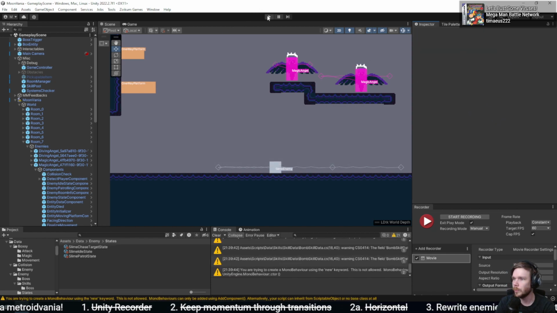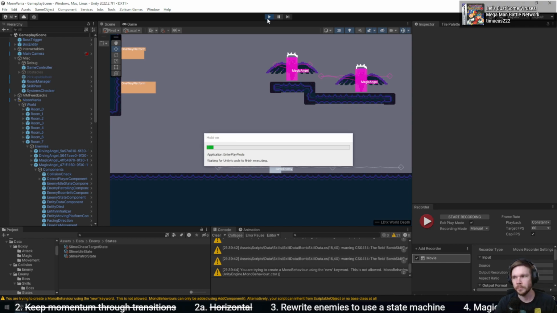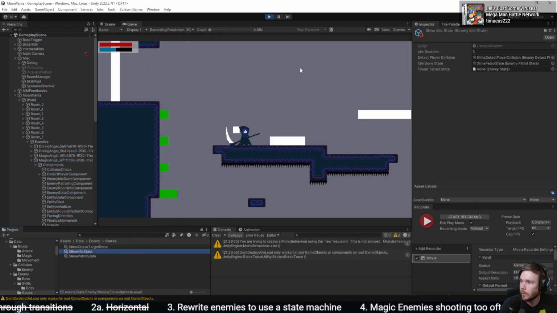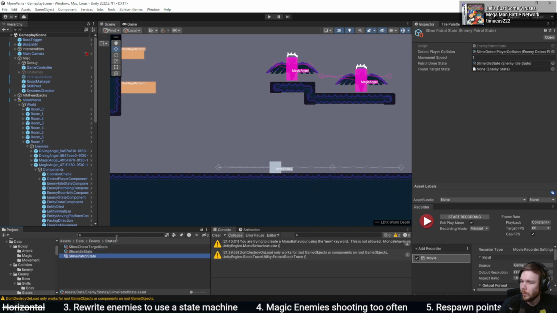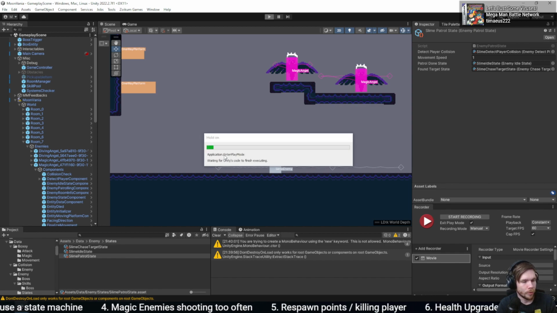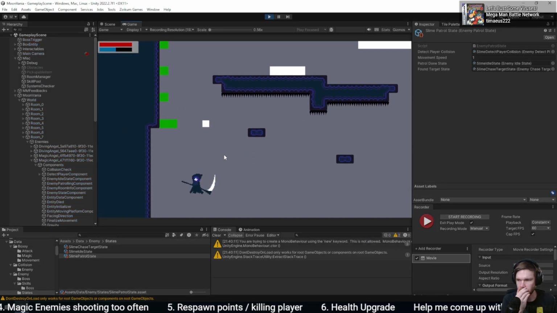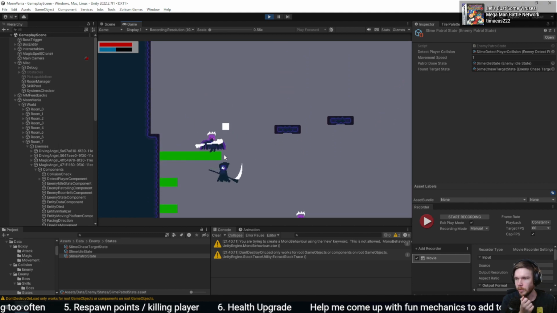I'm just going to have it loop, and I'm going to play and see if there's any issues with this. I also need to check if the patrol state, no, the found target state is not in there. We need to add that first. I could probably do this in play mode because they are scriptable objects, and it wouldn't really matter if you did it in play mode or not. Hopefully the